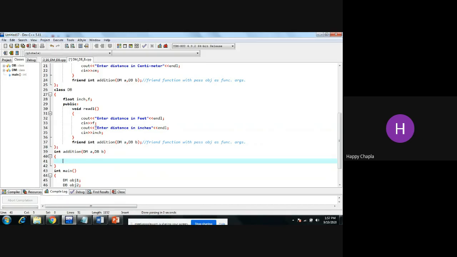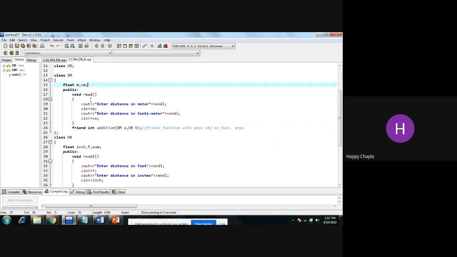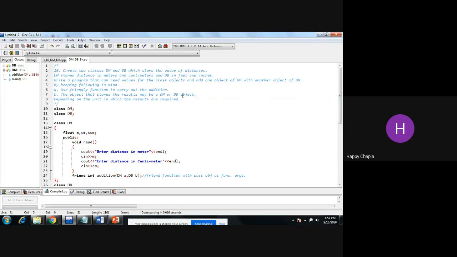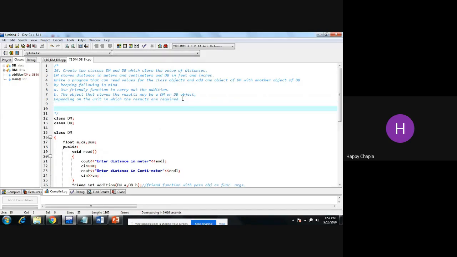Now we need to add all the variables with each other, right? So I need to store the result in some variable, and I'm declaring that variable over here. If we want to add our meter with the centimeter, and print our output in any one unit, we have to convert the values into the particular output unit.